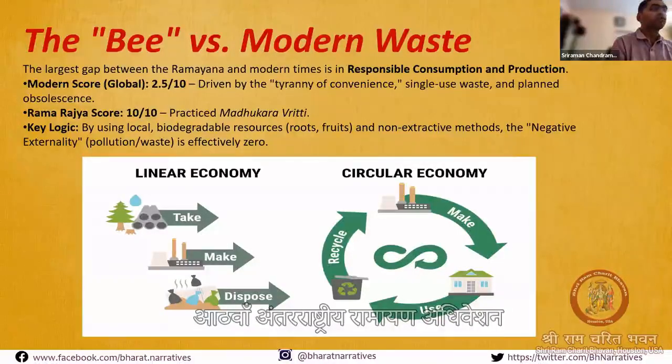The modern score is 2.5 out of 10, wherein there are a lot of single-use things that are created, like single-use plastics, etc. And they are not planned or disposed of properly. But in Raajya, everything was made in such a way that it was reused completely. They practiced Madhukara Vritti and Malakara Vritti. We can achieve it by using local products, biodegradable resources, etc. For example, when Rama was building a bridge to go to Sri Lanka,